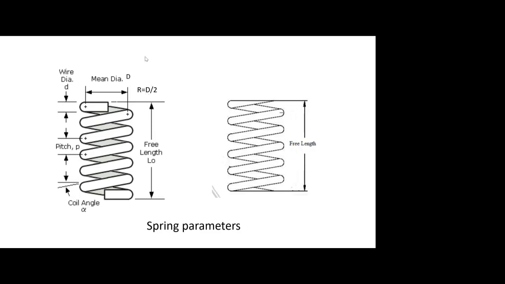When we start from this left point, complete 1 rotation and come here, that is the number of turn 1, then 2, 3, 4, 5, like that. So within a length, that can be total length divided by total number of turns, or we can say we are taking some 5 or 6 turns and taking its length. The length divided by total number of turns will give you the pitch of the coil. That is to get the accurate dimension.